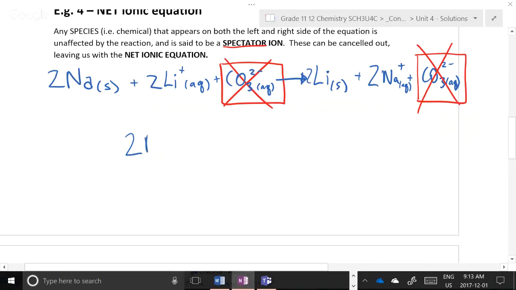Really, this is a reaction where solid sodium is hanging out in the same place as some aqueous lithium, and it says, what? So what happens? We get solid lithium, and all of a sudden now we have